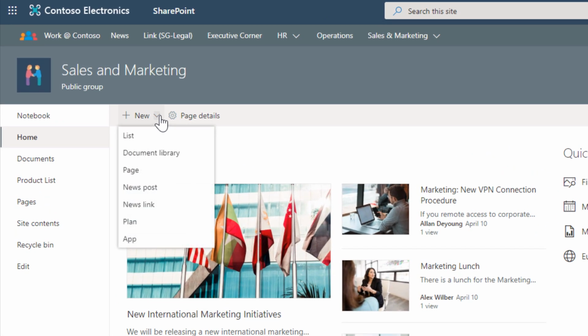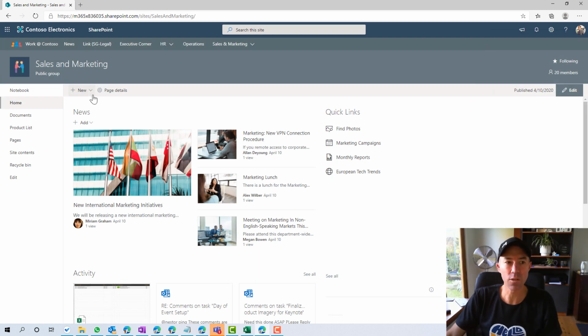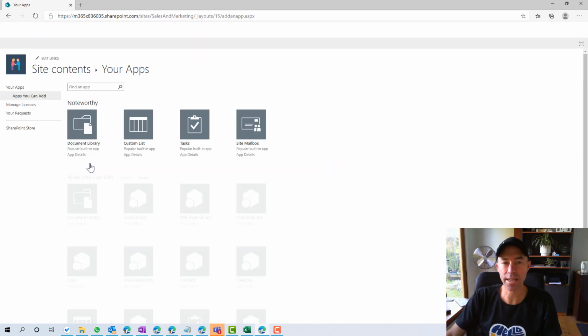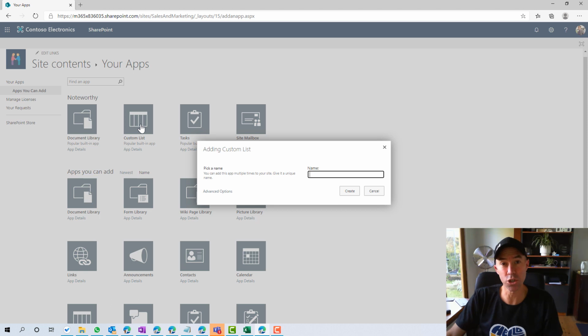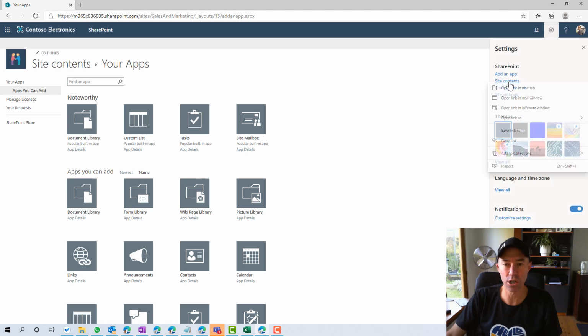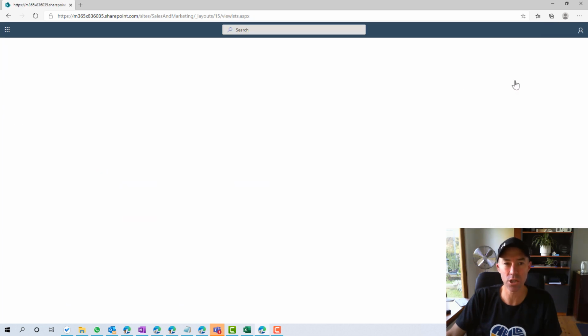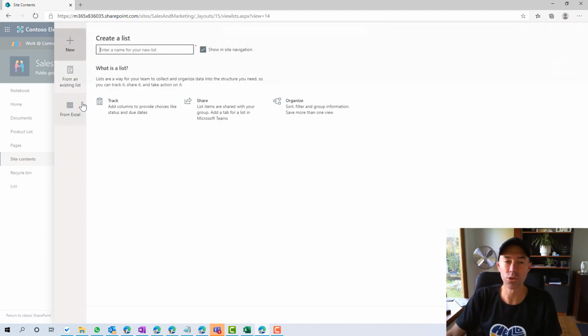What you'll notice here is we've got New List. Now, we can't do that from this interface, all right? So we can create a list, but we can't create it from the spreadsheet. The other way of creating a custom list is we can go to New App. Again, when we go to Custom List here, we don't get the option to create a list from a spreadsheet. So what we need to do is go to Site Contents, all right? So we'll jump into Site Contents, and then from this New button here, we can go New List,